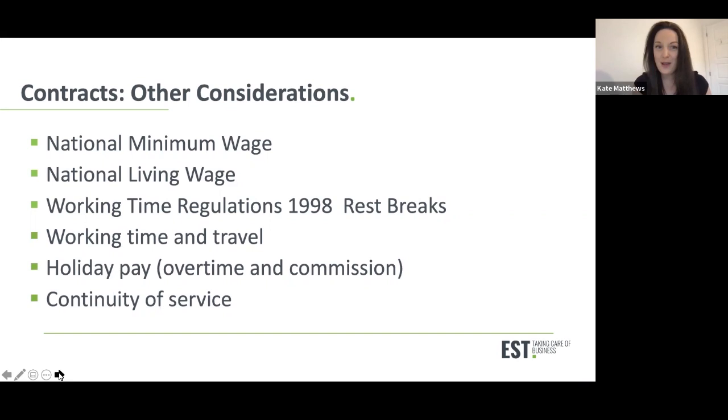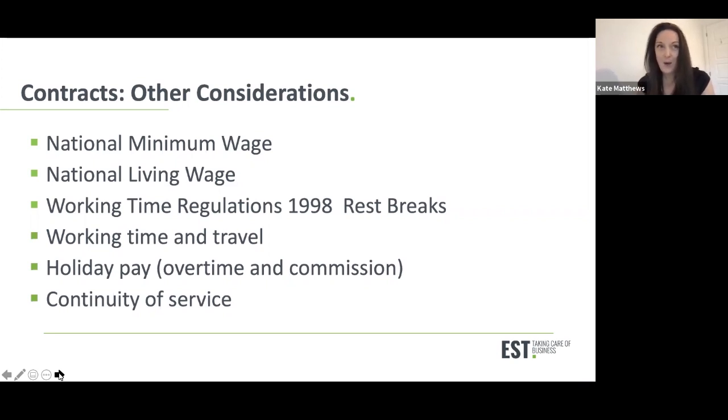You would have to make sure it's paid if it would mean that they're going to fall below the minimum wage, but if they're on a really healthy salary, you don't have to pay extra for that time. It can be included within their salary. Holiday pay, I mentioned earlier. So if overtime and commission are going to be part of the regular arrangement with the employee, you need to keep an eye on that, because it's going to be really important when it comes to calculating holiday pay, which I mentioned earlier. And continuity of service,